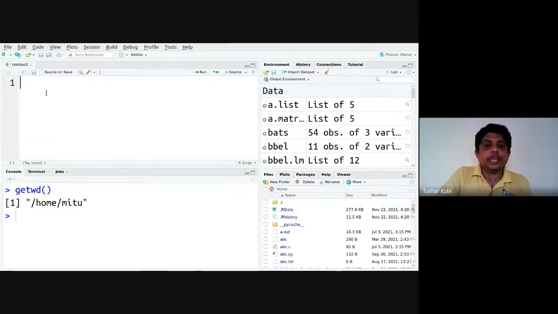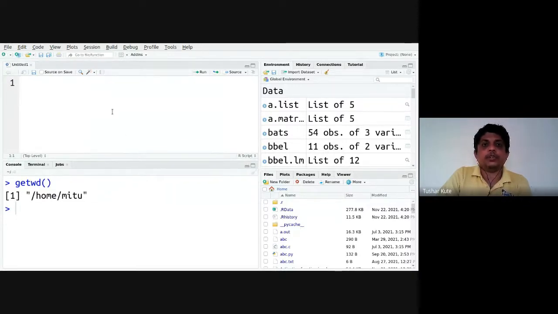This is the editor window where you can type the code and execute it. Here you can see the options, Run, Source. And in the case of R, your program has the extension .r, just like other languages. For C programming, you have .c. For C++, you have .cpp. For Java, we have the Java extension. For Python, we have the .py extension. For R, we have the .r extension for the respective code. Remember that we have to provide it explicitly when saving the file. I'll show how to save that particular file. So this is how the complete IDE is laid out.